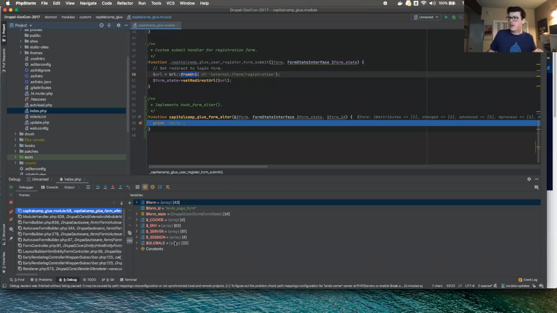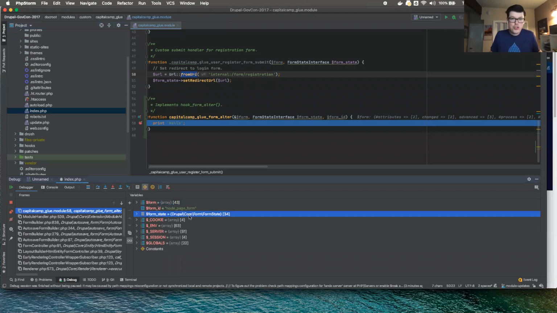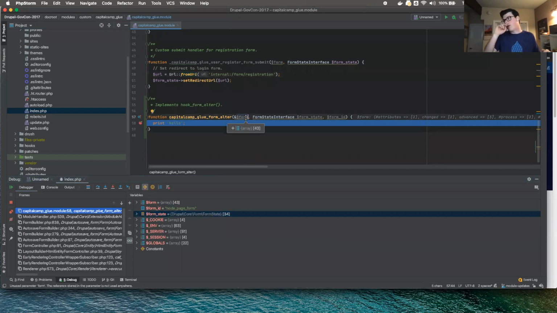So using a debugger, I would say, is one of the more challenging aspects of working in an IDE. But it's also one of the most rewarding, because when you're doing more complex PHP development, frequently you do need to actually see, hey, I need to change something in that form. What the heck is in that form? Well, the debugger is going to be the quickest and easiest way for you to actually go see in this instance what's in there.